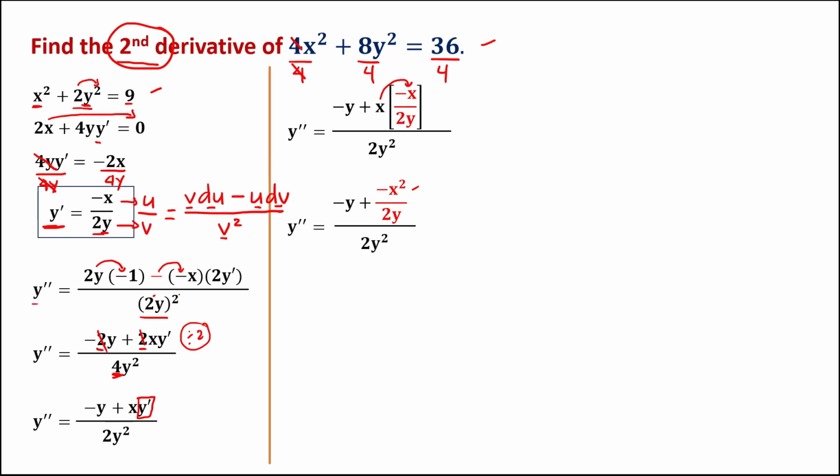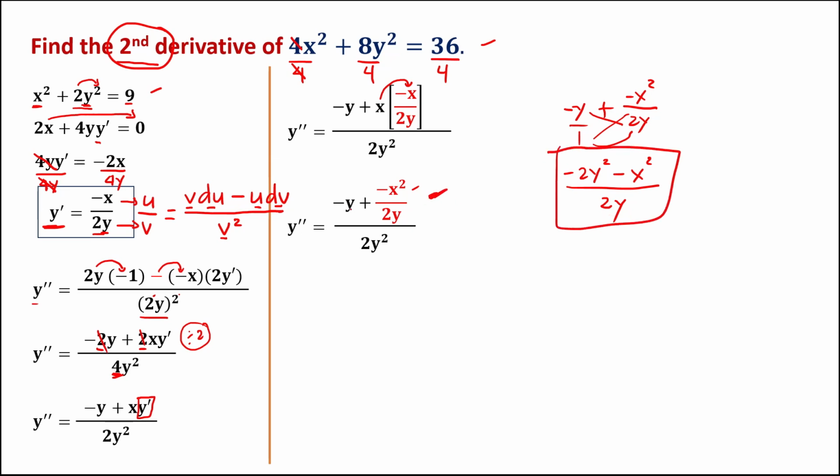Then for this, negative y plus negative x squared over 2y, we can do the crisscross multiplication. So this becomes negative 2y squared, then negative x squared, over 2y. Therefore, this numerator is equal to negative 2y squared minus x squared over 2y,